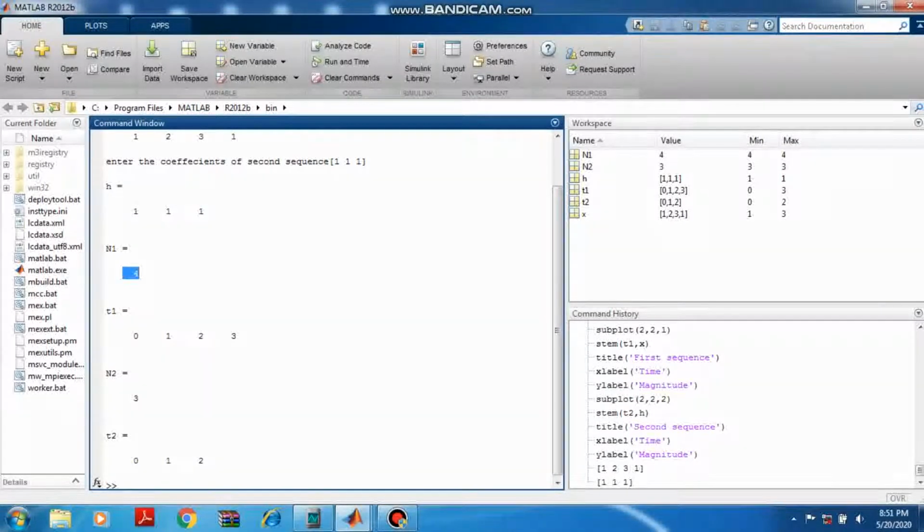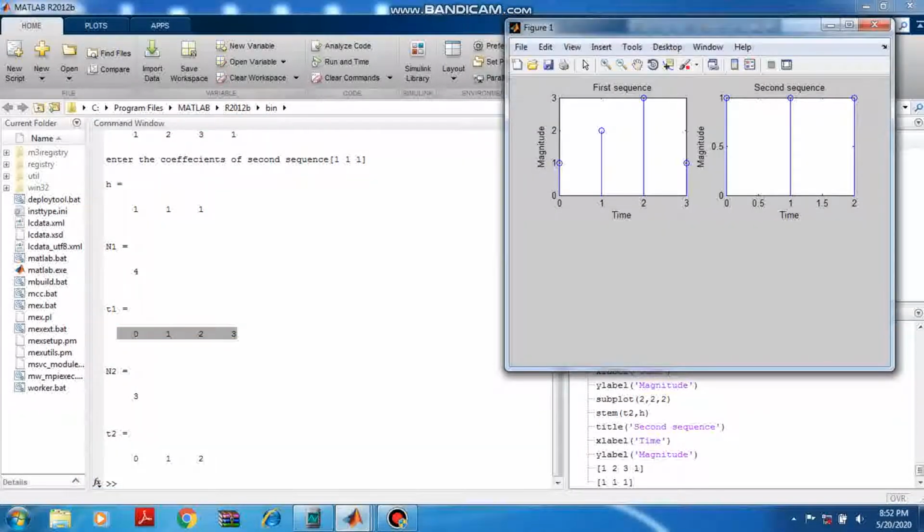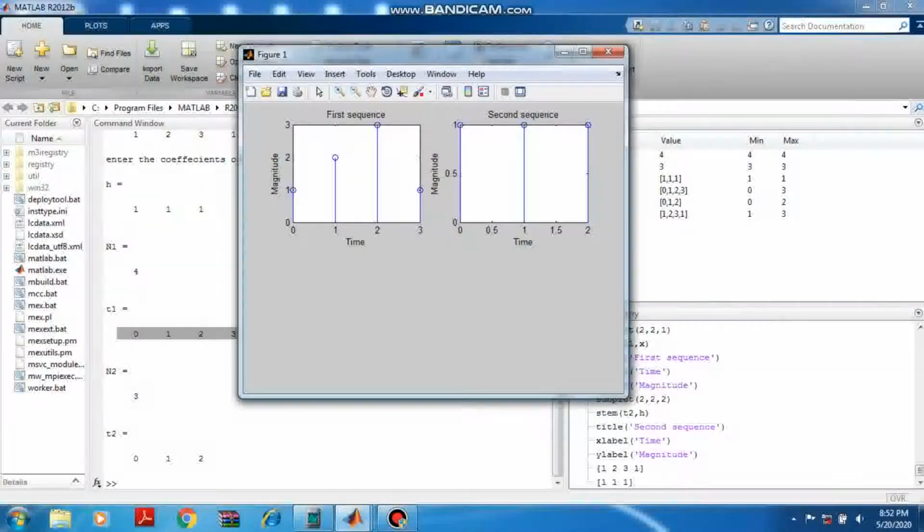N1 stores the length of the first sequence, N2 reads the length of the second sequence. Then depending upon the time which you have mentioned, T1 and T2, it plots the graph. You can see it starts from 0, 1, 2, 3 and the values 1, 2, 3, 1, and here it is 1, 1, 1. Now we have labeled, so you can see the axes labeled.